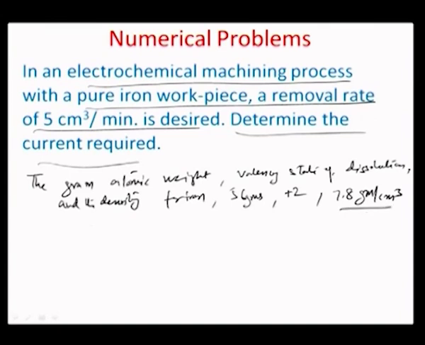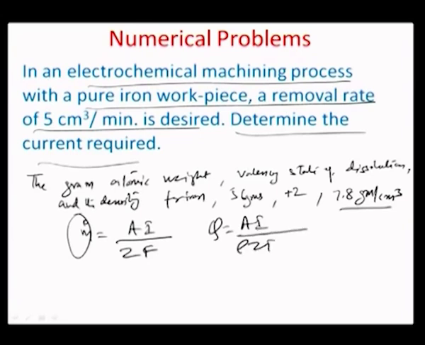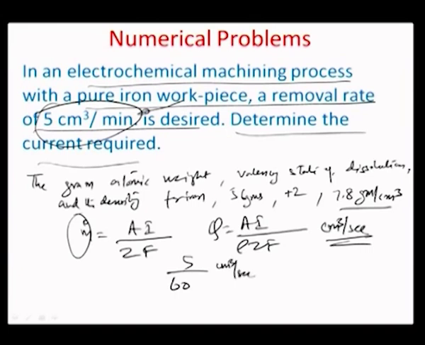We already know that m dot, the material removal rate, is given by an expression A I by Z F. This is a pure alloy, a pure system, there is no alloying component as such, and this m dot is also expressed in terms of volume rate of removal Q as A I by rho Z F. This is in centimeter cube per second, and we have our volume removal rate which is intended in per minutes. So, we have 5 by 60 centimeter cube per second